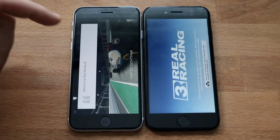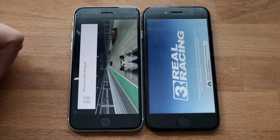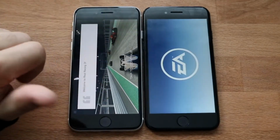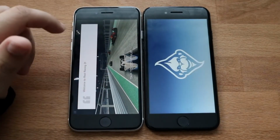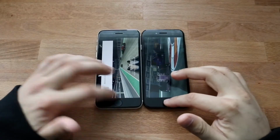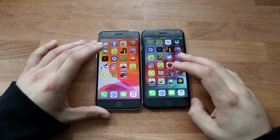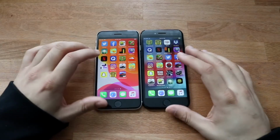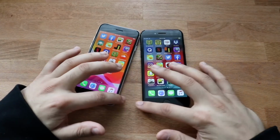And that's one thing I saw with the SE2, is that it seems to be doing better with these 3D games, with these, to load into it, and we are finally into it on the 7. So with these heavier intensive games, it looks like the SE2 does better. So I can definitely tell you at the end of the day, the 7 isn't a horrible performing phone, but definitely the SE2 beats it by a long run. But like I said, I'll be doing a separate speed test at some point, and also be doing